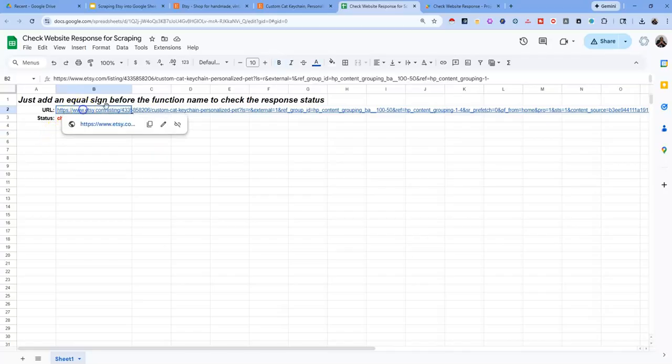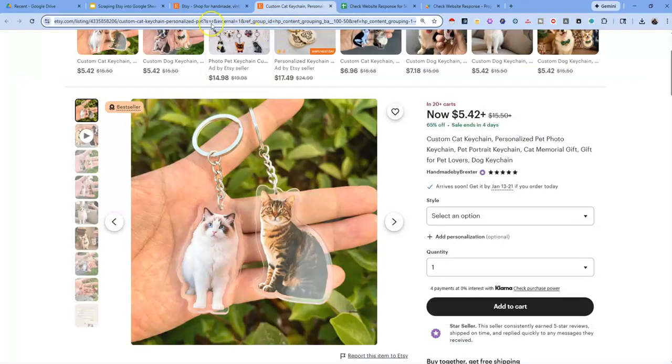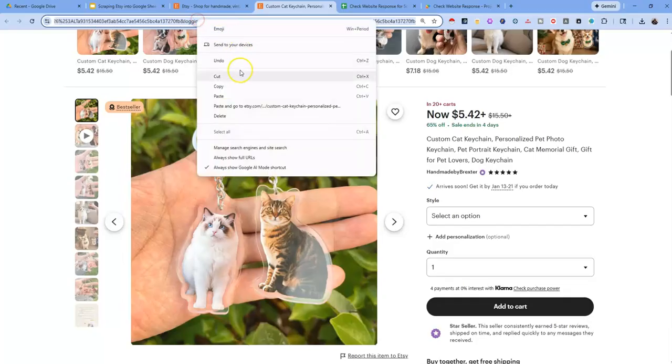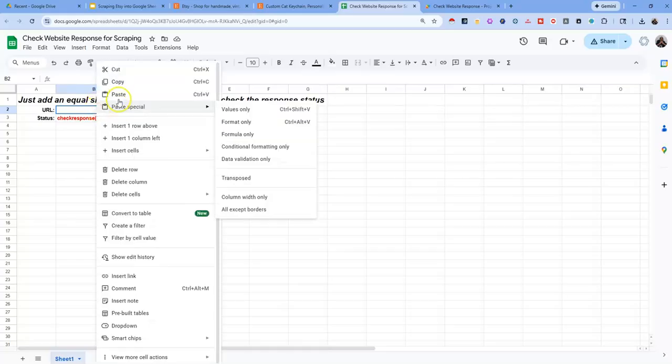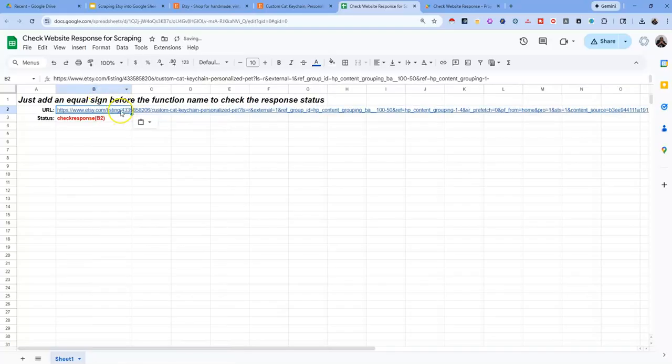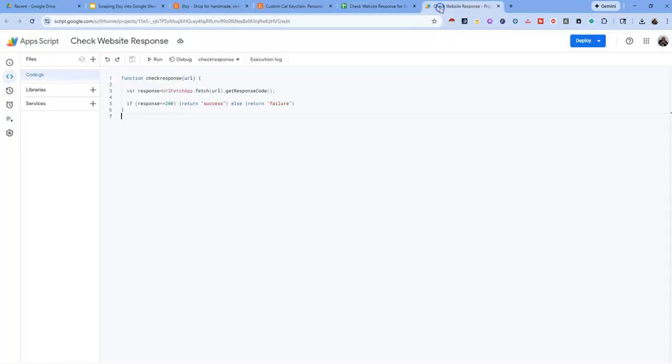First of all, the first step is to go over to Etsy, and I already did it, but I'll do it again. You find a product URL and copy the product URL, come over to this check website response and paste the URL right here. Now, I already wrote this function, check response B2, which I'll just review quickly with you. Function check response URL receives a URL and checks to see if it gets a response when it calls a URL, which is